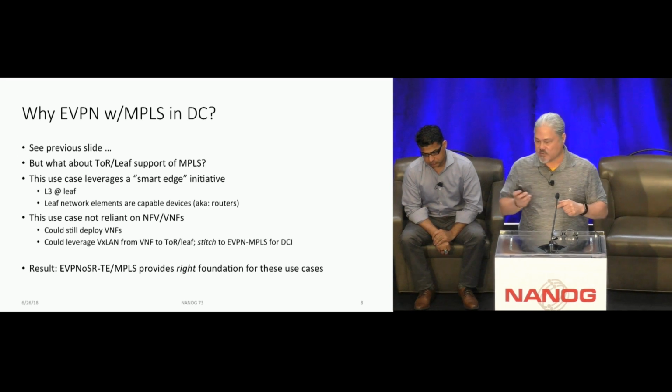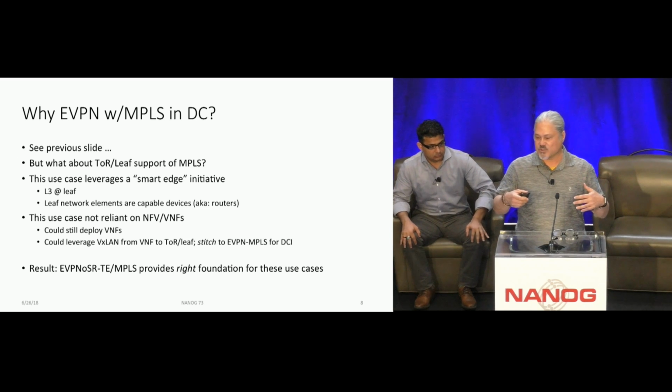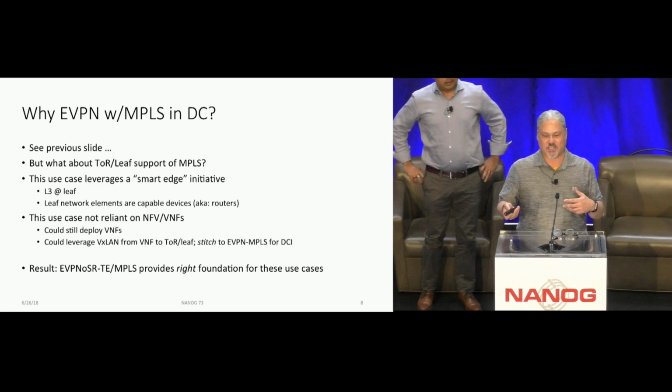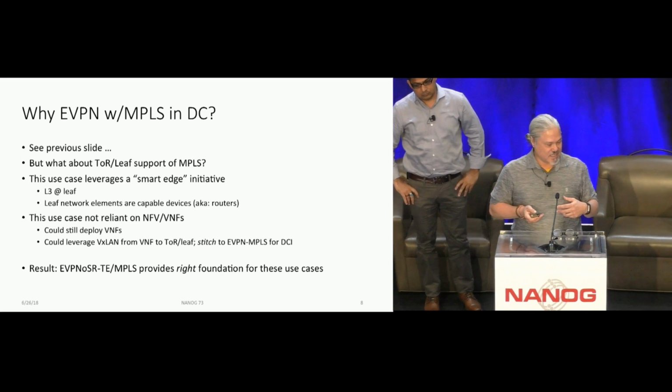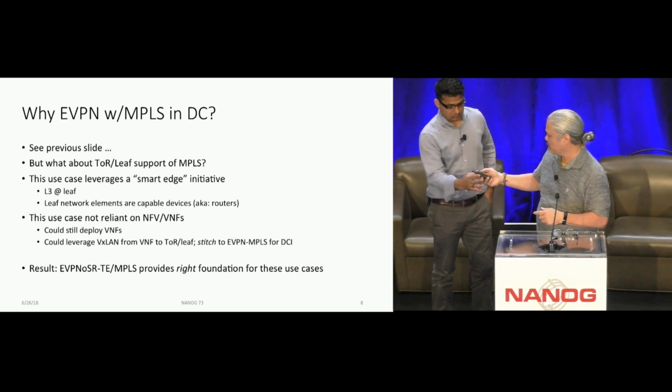So to wrap this up, I'll kick it over to Muhammad to cover the more interesting stuff. I have a pretty long acronym there, but that's basically what the use case resulted down to. It's EVPN over segment routing using traffic engineering with MPLS in the data plane. So it's pretty much a mouthful, but that's the basis for the use cases. And with that,